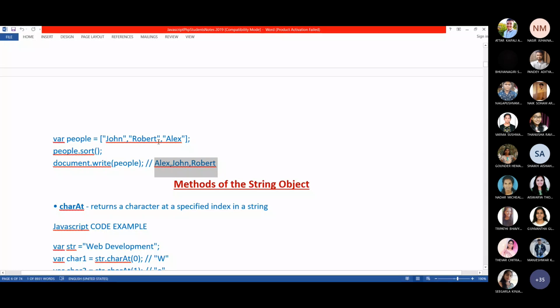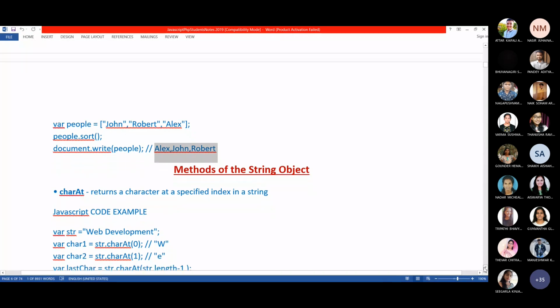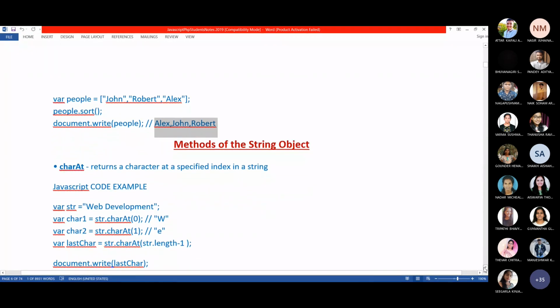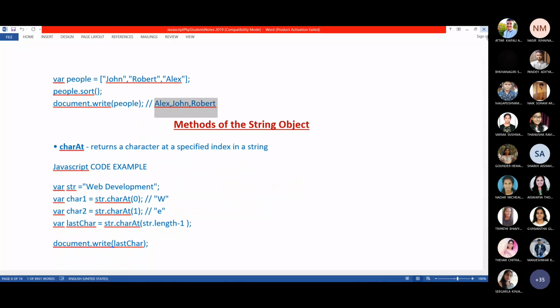If suppose here also A and here also A, assume. Then it will compare the second character of both. Whichever comes first will come first here. So alphabetically it will arrange in ascending order. So these are the commonly used ones.